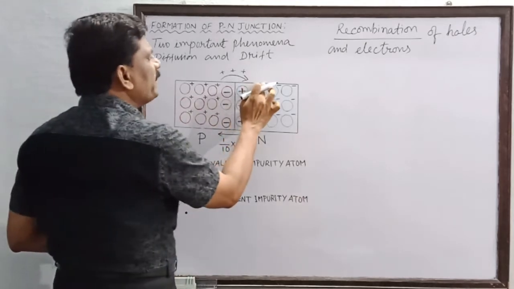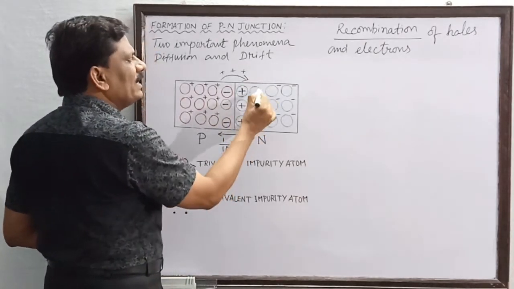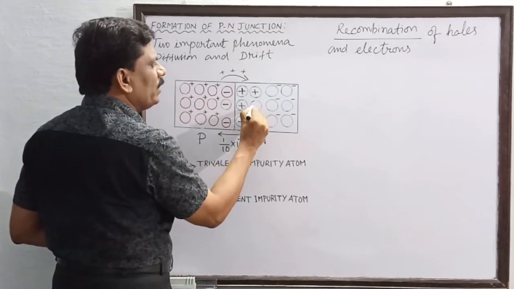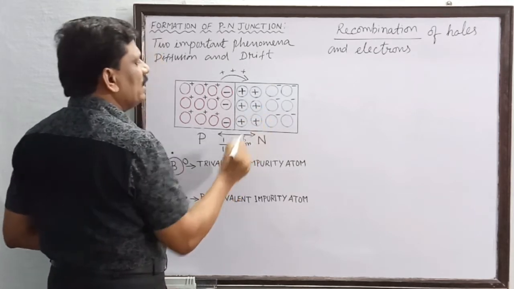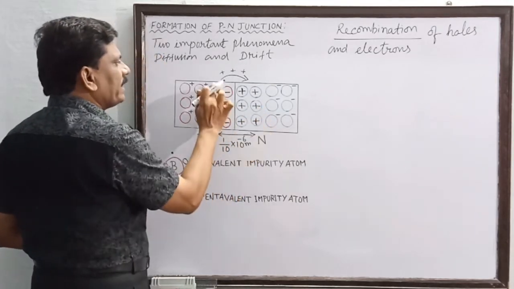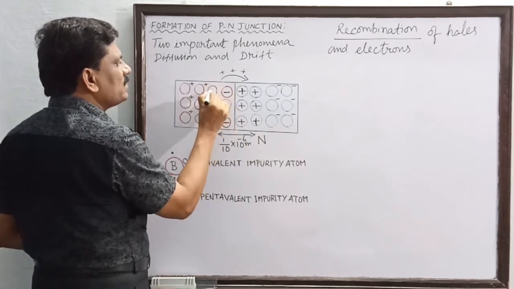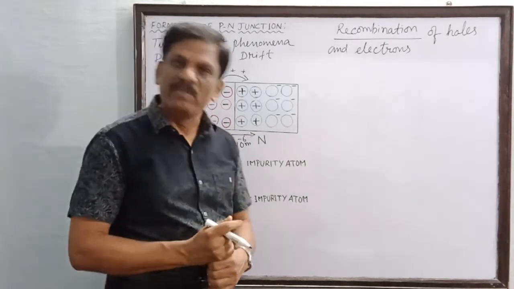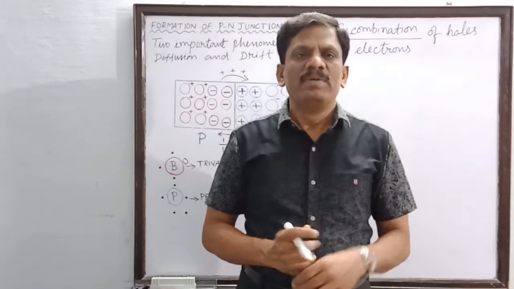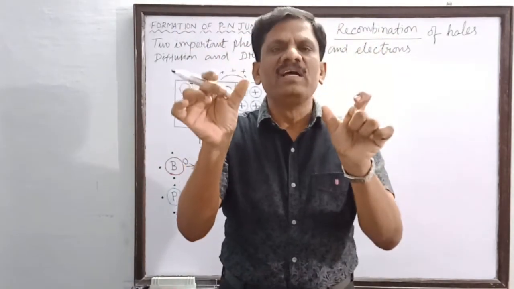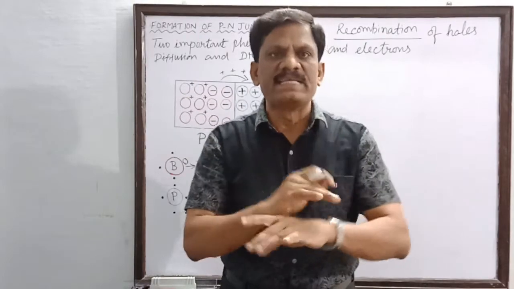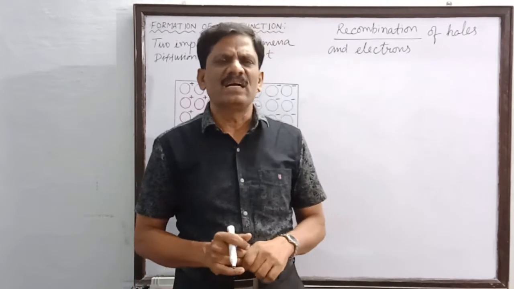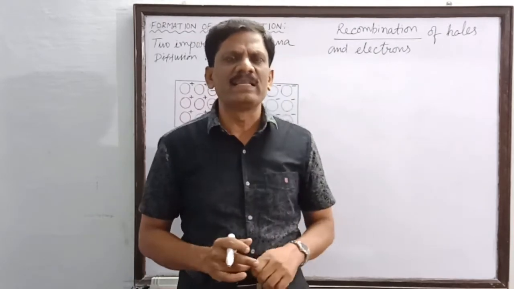So I can show you in this picture one more row of particles. See here, this atom is losing 1 electron. Like that, this row of impurity atoms is now ionized, so they become positive ions. Like that, this row of atoms will gain electrons and become what? Negative ions. Have you all understood, my dear students? So previously, the rows of impurity atoms present on both sides of the junction have now become immobile ions. Already we know that an ion is heavier than an electron, is it not?